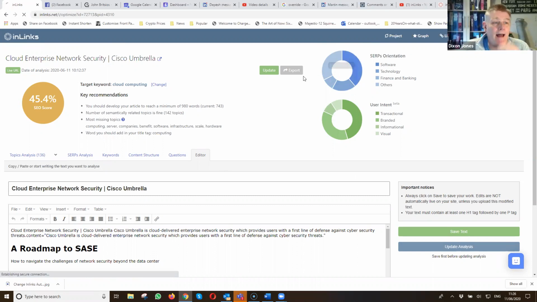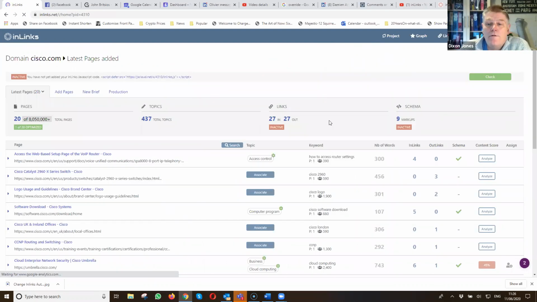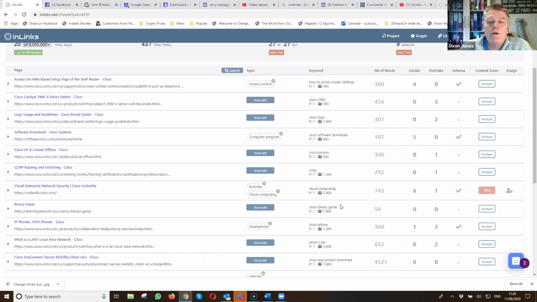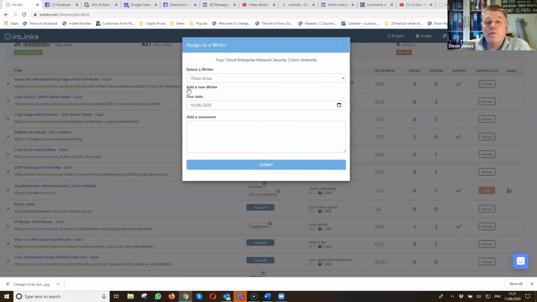But the other thing that happens here, which is a more fundamental way of growing, is that now that we've defined a keyword for this, we've got this assign button over here. And this assign button is really useful because you can say, right, I know that we need to optimize this, and I'm going to give this to one of the content writing team. So you can press that button and you can either add your own writers, or you can put one. I'll just assign it to,